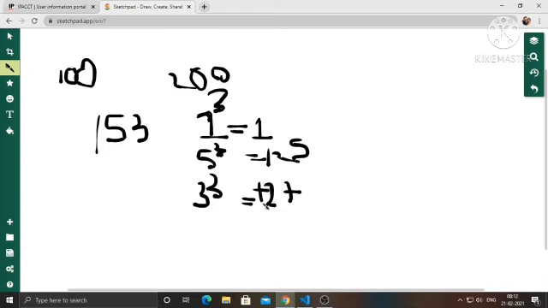So all this sums up to 153. See, the number is 153, and after extracting the digits and adding the cubes of the digits, we are also getting 153. So we have to basically print this number.